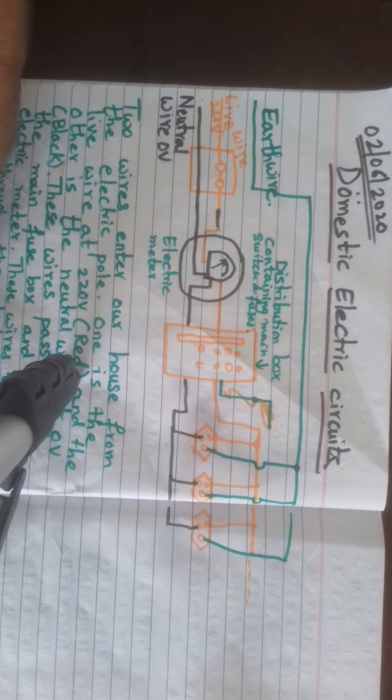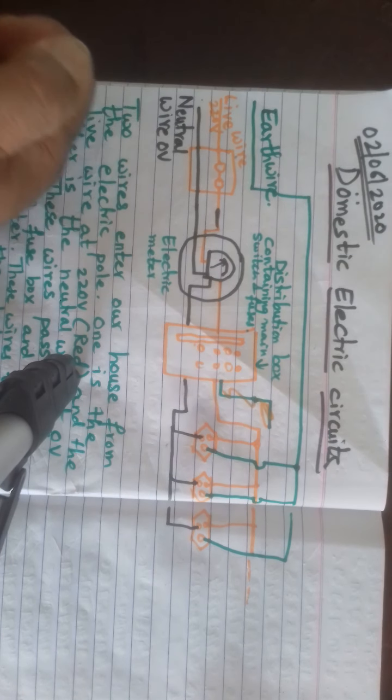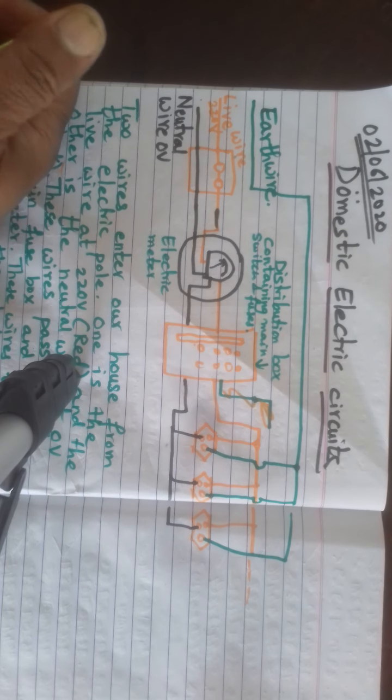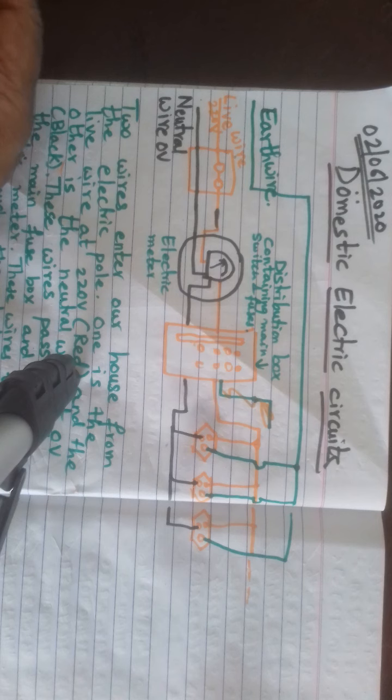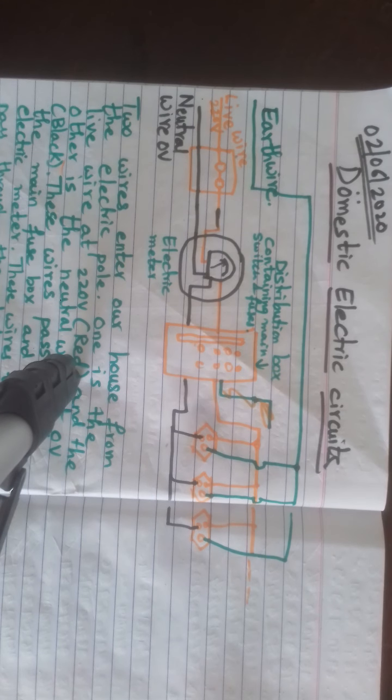Whereas if you use a series connection, what will happen is that if you switch it on, all the appliances will switch on, or all the appliances will switch off. That is the main disadvantage. But if you use parallel connection, you can operate or switch on each and every appliance independently through a separate switch. This is the main advantage of parallel connection of electrical appliances.